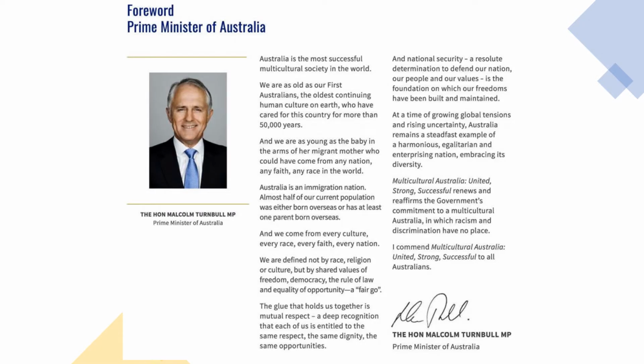Now, we did look at this last time, but I just wanted to go back to this. This is the Multicultural Policy document from the Australian government. It was written when Malcolm Turnbull was the Prime Minister. And I might just read this out, yeah? This is symbolic. Remember how we talk about the difference between practical and symbolic? This is symbolic multiculturalism. This is Malcolm Turnbull making a statement about multiculturalism, yeah?